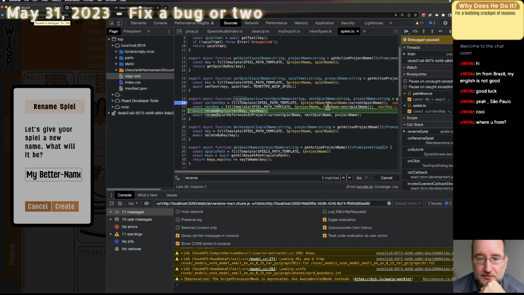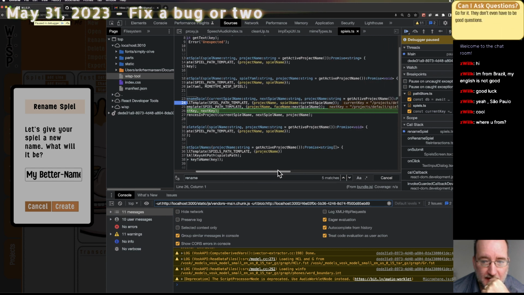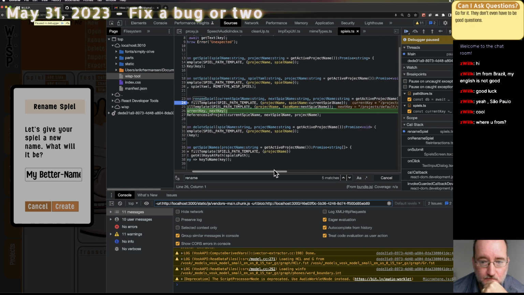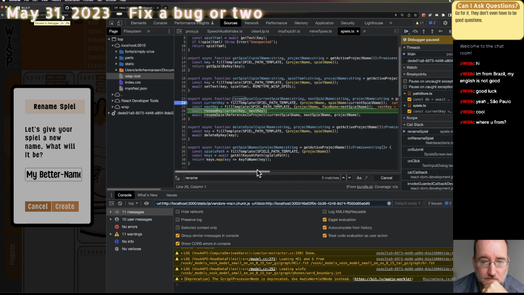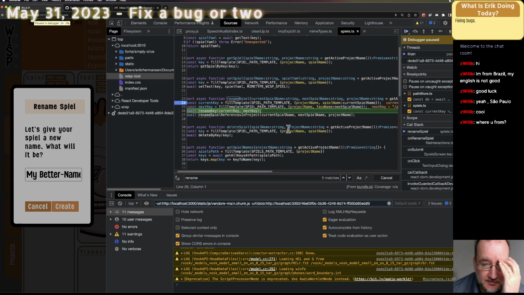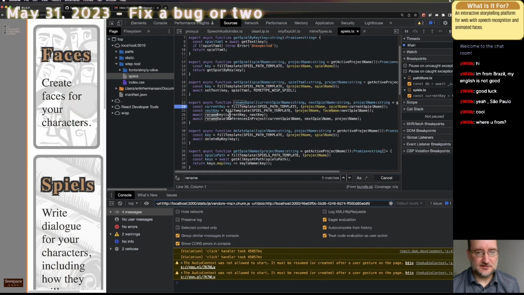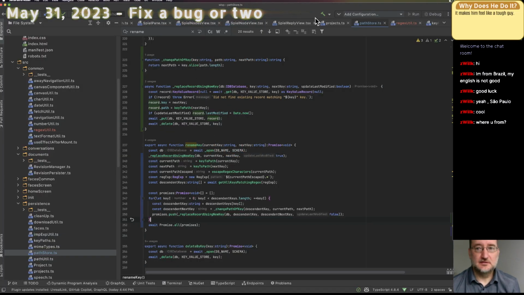So fill template. My better name Spiel. Spiel path template. Well, I can see face name is there instead of Spiel name. Okay. So let's stop this execution and go fix that bug. Rename Spiel in the Spiels. Okay. Spiels.